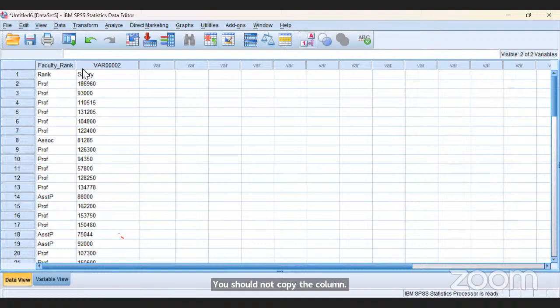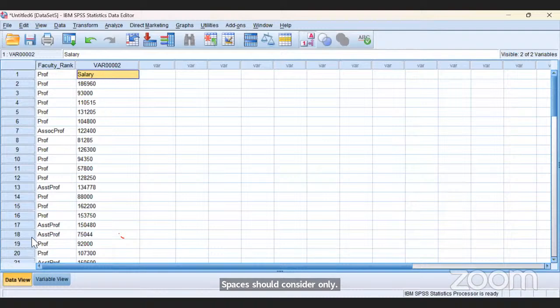That is what I want to show you here in this case. When I'm copying the column name, it will take that as one of the observations. Paste. See, now we have got the name in the full form. Again, I am going to copy my salary because if you have noticed, the first is the name of the column, which should not be in SPSS. SPSS should consider only the